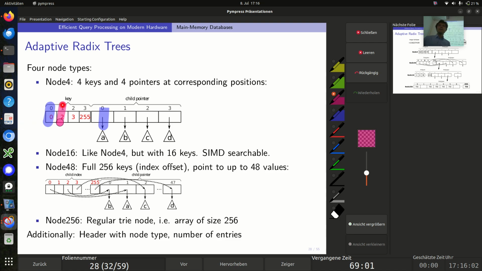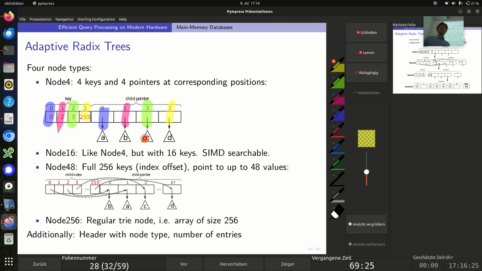Like here, you have 4 positions. And basically you first look up which position your key is contained in, and then you go by the key, and then you look up the child pointer, and this actually points to the